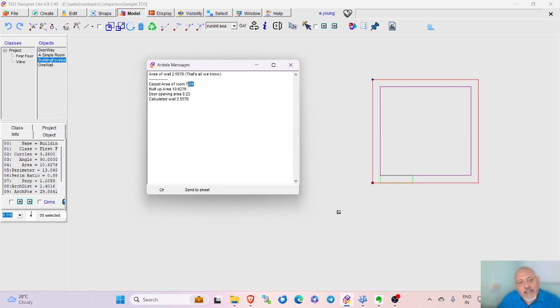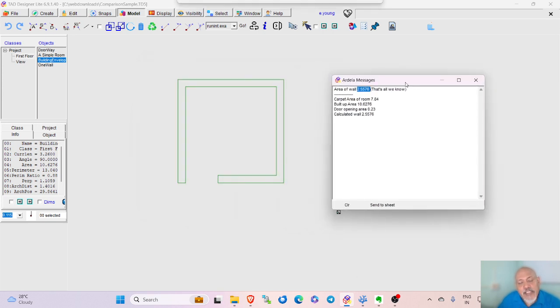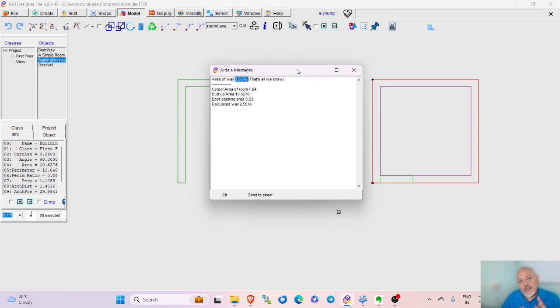Like you can find out the carpet area of the room, you can find out the built-up area. Built-up area is the entire envelope area. You can get the door opening area, which is just this area. You can even get the calculated wall area, which obviously is the same as the wall area calculated in the previous example of the CAD file. So this is how TAD works.